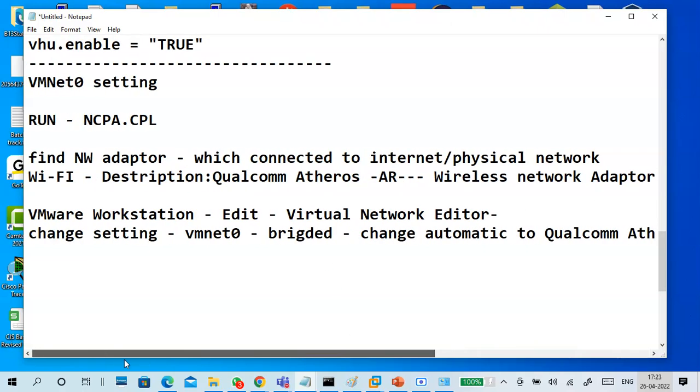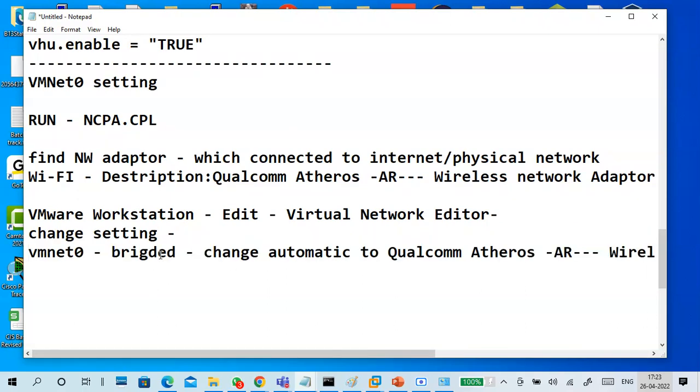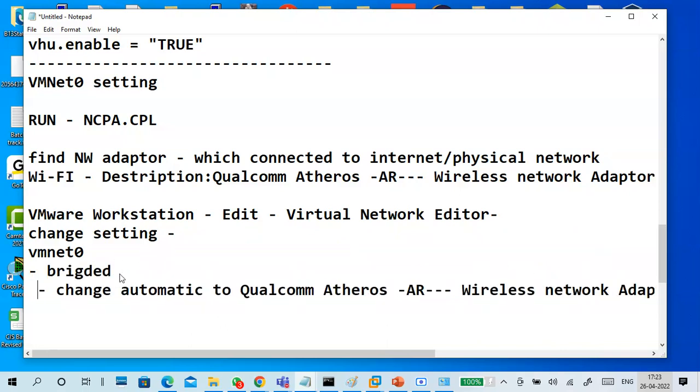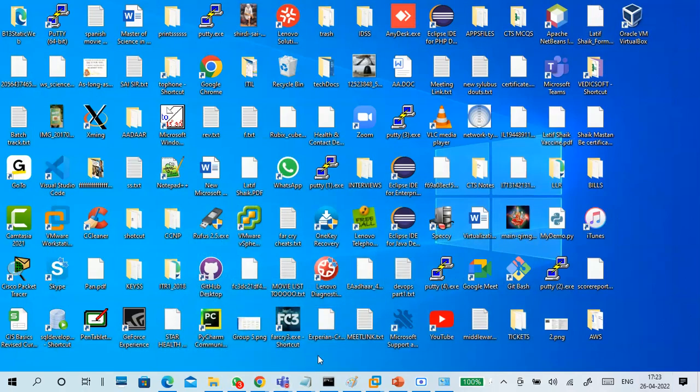That is mine; for you, you have to check it. Okay, so these are the VMnet0 settings. Why VMnet0? For connecting to the physical network. That's it.